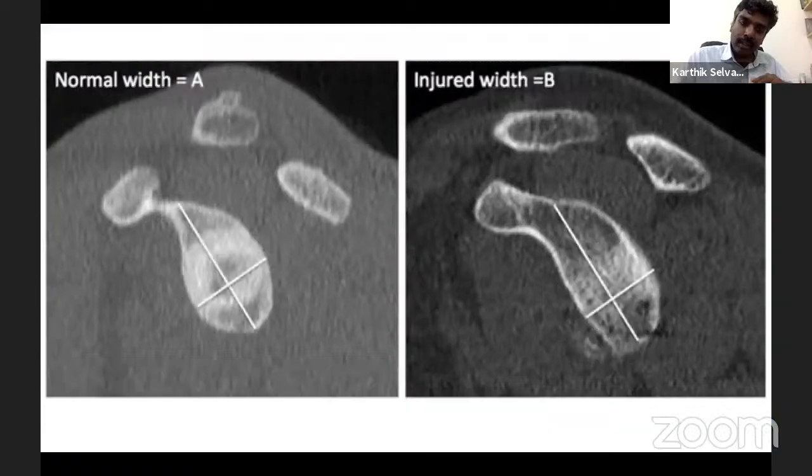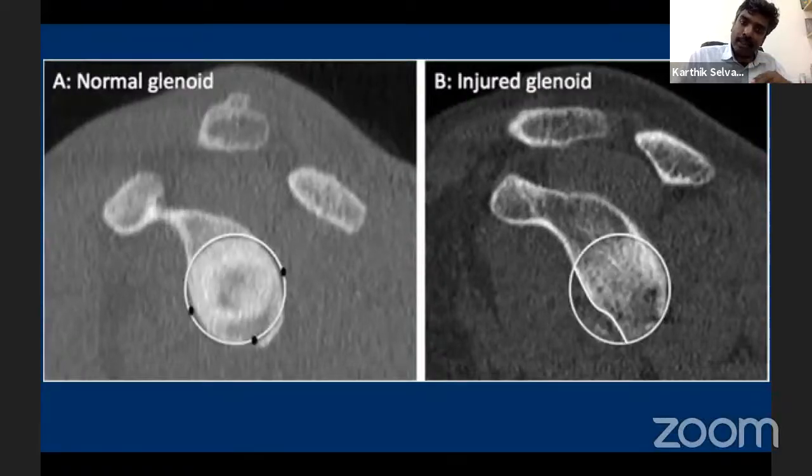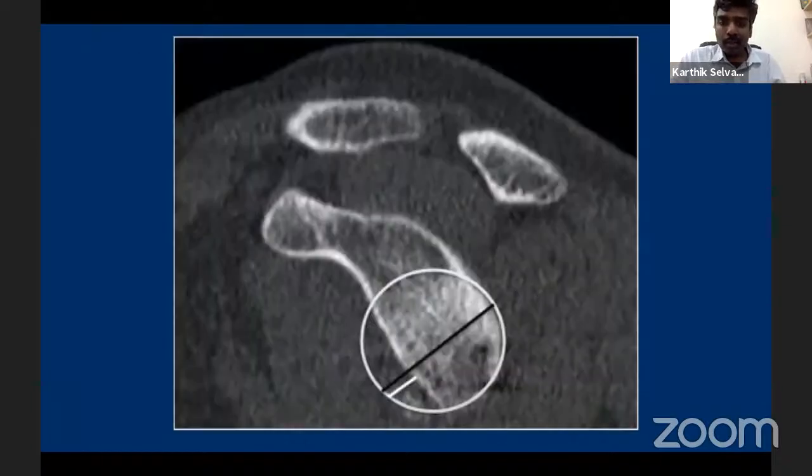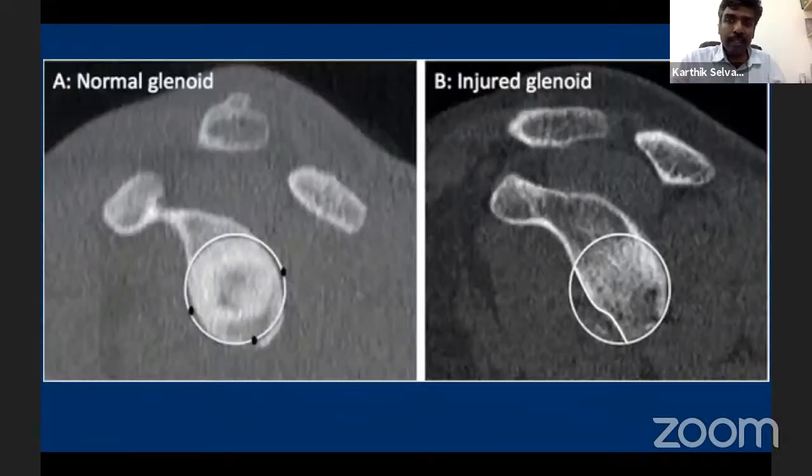That is the Griffith index, and this is the best fit circle. Again, we know Aditya talked about using the circle, fitting the circle onto the posterior inferior surface. You can do that, or you can actually draw the circle on the normal side and take the same circle and superimpose it. If you have a CT scan in your institute, and if you get to play in the console, you can do that, and you can see what's happening there. And this is the surface area method. So this is the width method. These are the 2 different things. Just keep this in mind that there are 2 different ways of assessing glenoid bone loss.